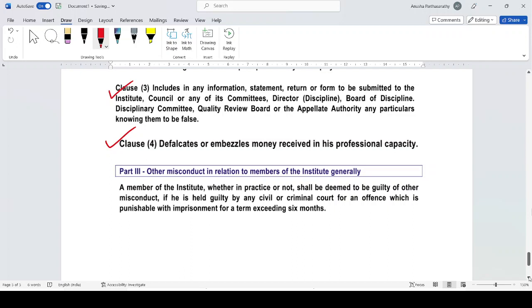a member of the institute, whether in practice or not, shall be deemed to be guilty of other misconduct if he is held guilty by any civil or criminal court for an offence which is punishable with imprisonment for a term exceeding 6 months. With this, we complete all the clauses in